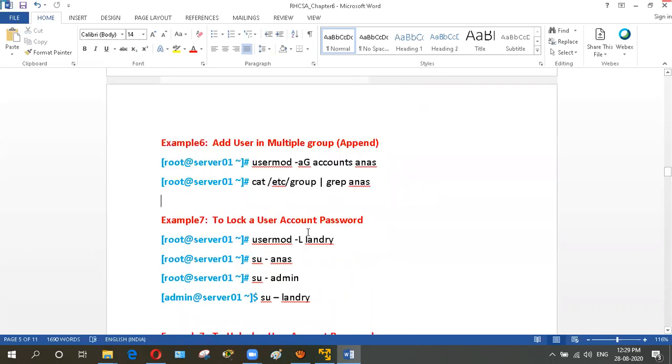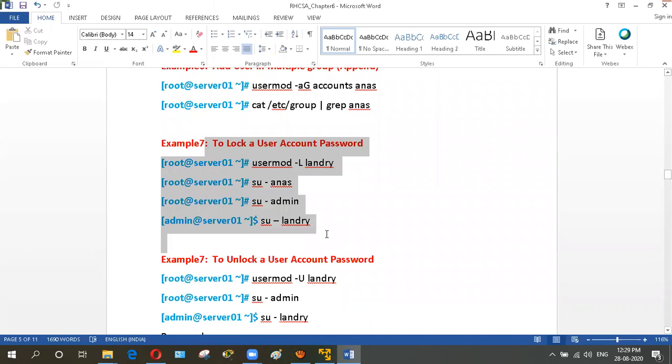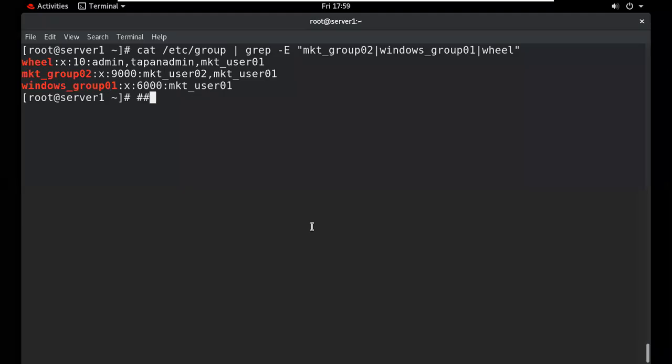This is the next command. We want to lock any user. Suppose we want to lock the password of any user account. What will I do? We can do this by using this particular command. Suppose this is my user.